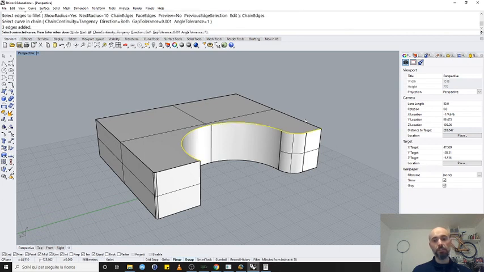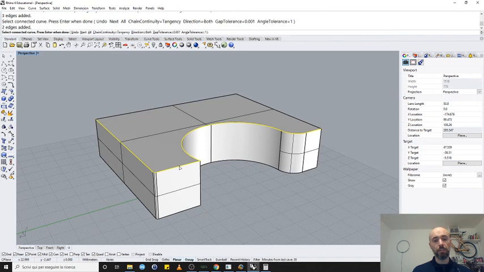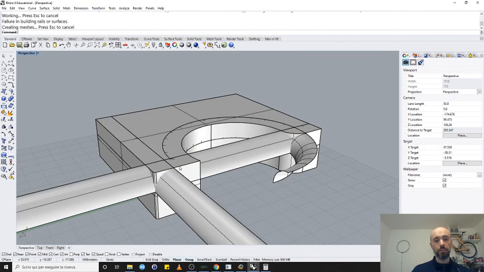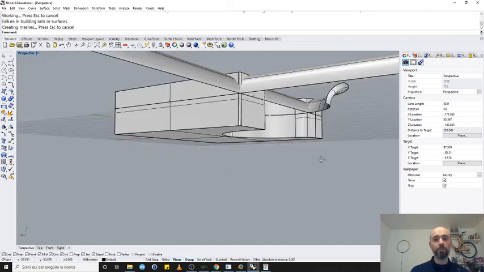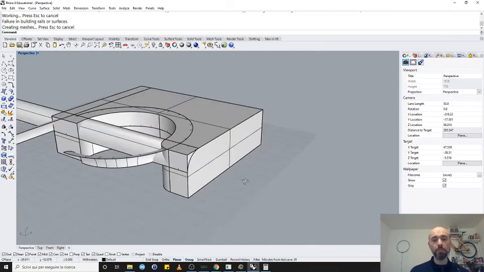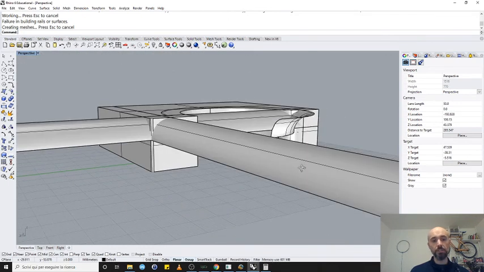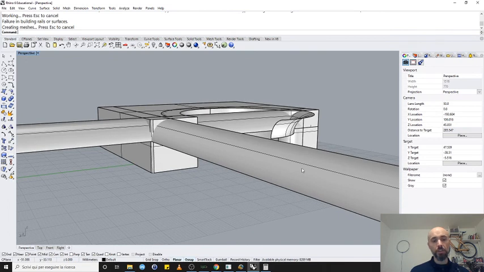So if I select a chain of edges like this, and I try to fillet it, well, in this case, it's not easy. Fillet with a 10 millimeters radius, something that is actually bigger than the radius here on the corner. This is not easy to cut. Here as well you have the same problem. Here you should get a sharp corner. So it's just drawing the surfaces for you, and then you can decide how to trim the object using the surfaces. Not the best feature, to be honest,